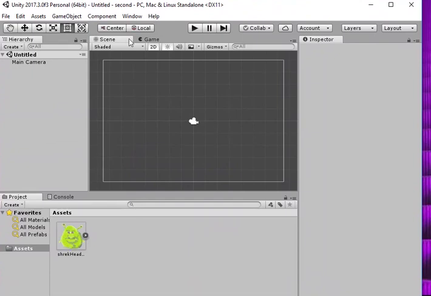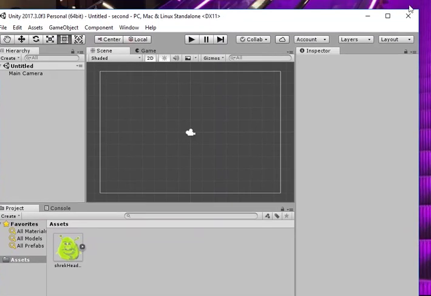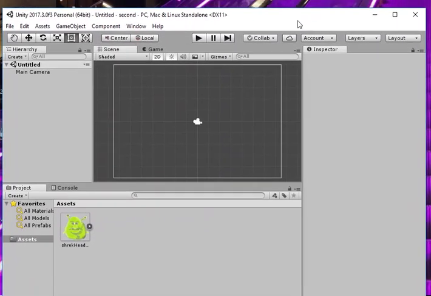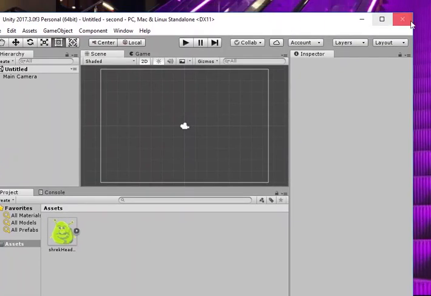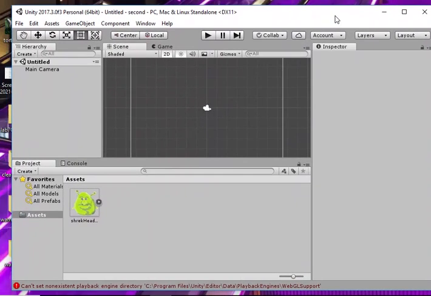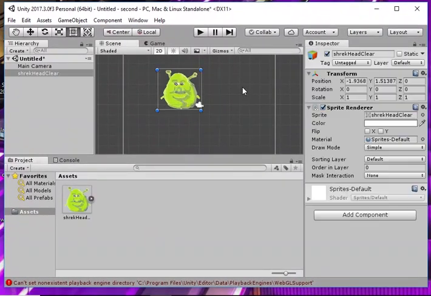And for the purposes of the introductory code steps, the game object actually doesn't do anything. It doesn't have really a function other than it allows us to put our components into it. So I'm going to drag my Shrek head onto the screen, onto the stage, and this should all